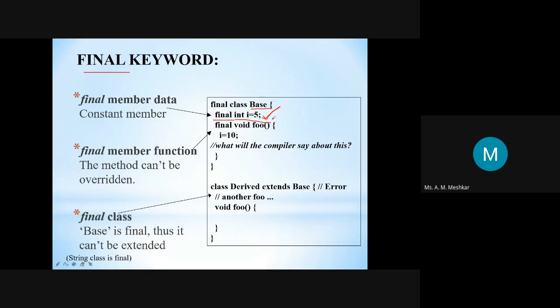एक आई की वैल्यू 5 ही होनी चाहिए, आगे चल के कोई भी डिराइव क्लास उसको चेंज नहीं करेगी। आई की वैल्यू को तो आप ऐसी वैल्यू को फाइनल कर सकते हैं बाय जस्ट अपेंडिंग द कीवर्ड फाइनल इन फ्रंट ऑफ इट, देन राइट डाउन द रेगुलर सिंटैक्स: int i = 5. अब ये आई की वैल्यू 5 ही रहेगी, चाहे आप बेस क्लास से 100 क्लासेस इनहेरिट करो, कोई भी सब क्लास जिनमें ये वैल्यू इनहेरिट होके जाएगी वहां पे इसकी वैल्यू 5 से अदर देन दैट चेंज नहीं होगी। ओके, 5 ही रहेगी, सो इट विल बी ट्रीटेड एज कांस्टेंट इन द होल प्रोग्राम।